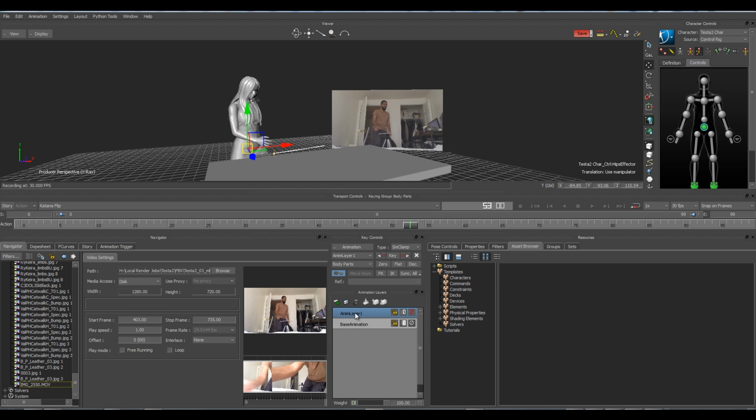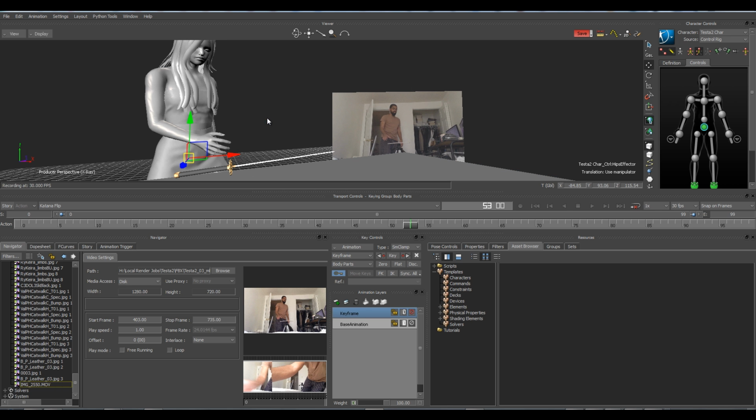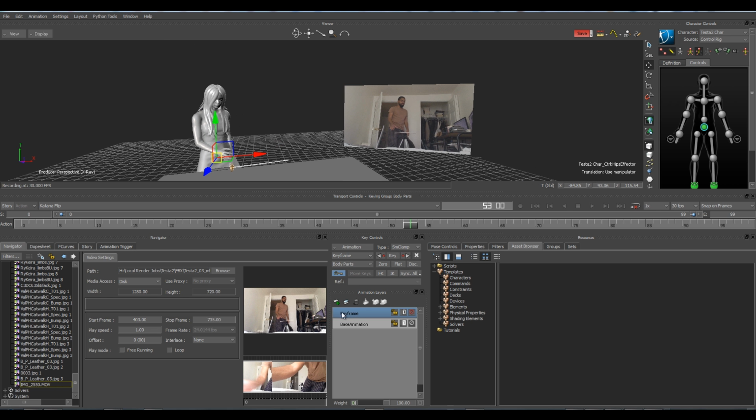Finally, let's jump back to our layer, and we'll go ahead and rename this and call this keyframe, for lack of a better name for the layer. Usually I name my layers based on specific body parts and different things like that, but in this particular case I can't really think of a good name for this layer. You can name it whatever you want. Alright, so with this layer selected, with us in body parts mode,